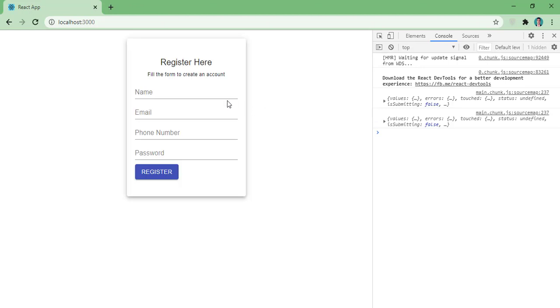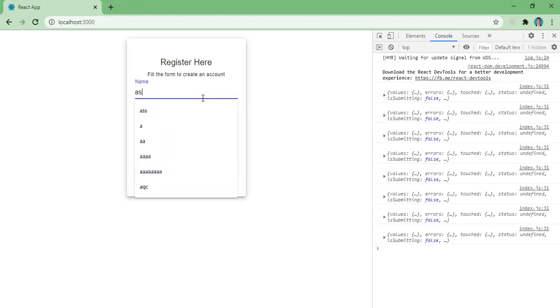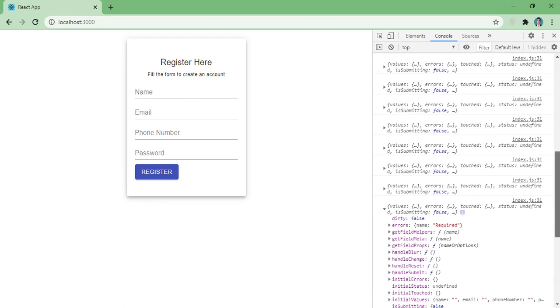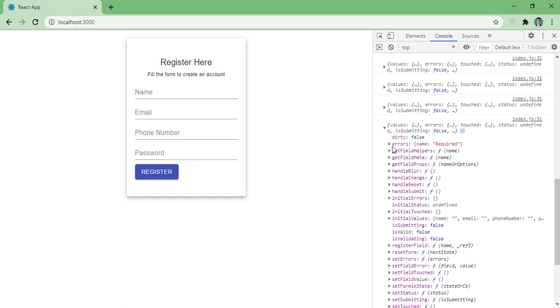So now let's type something here and come out, and now let's expand this one. You can see here in errors you have name and required. So here we got the error.